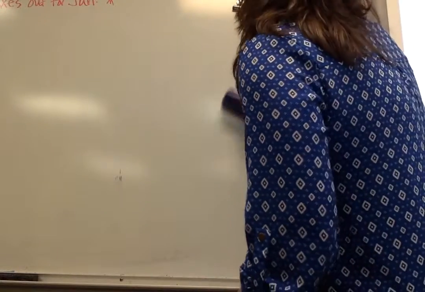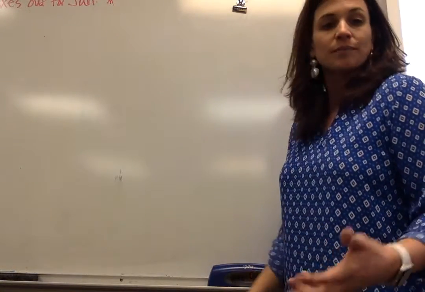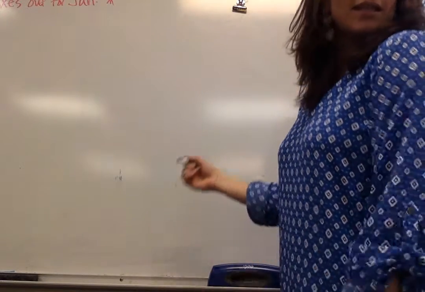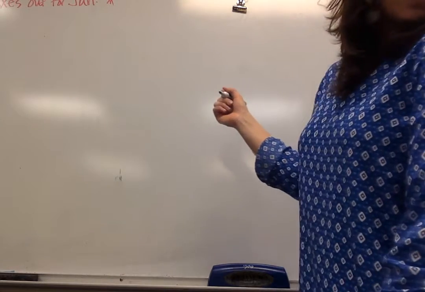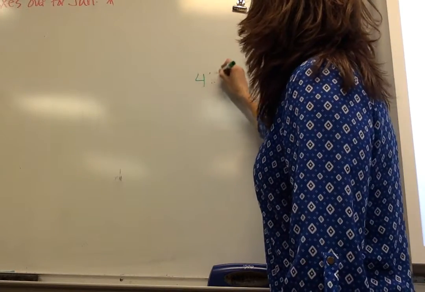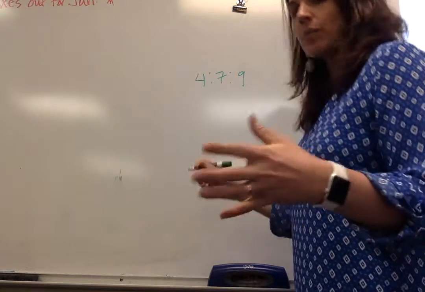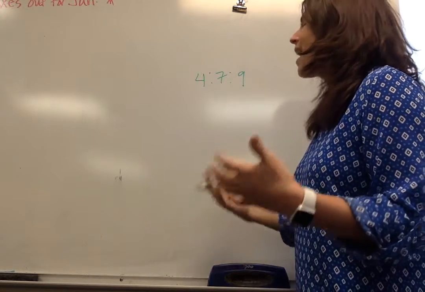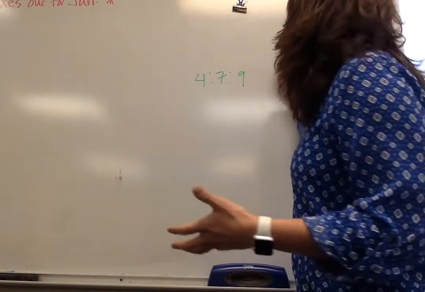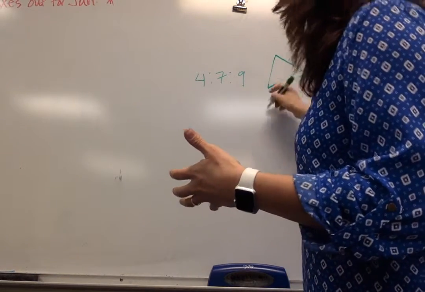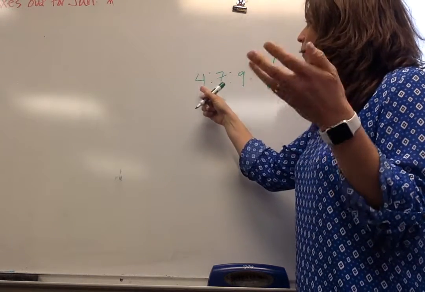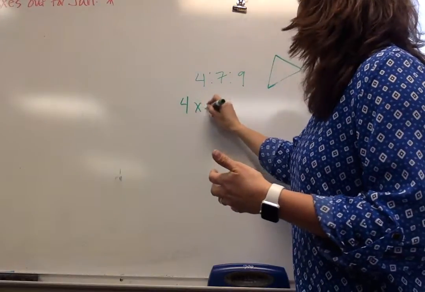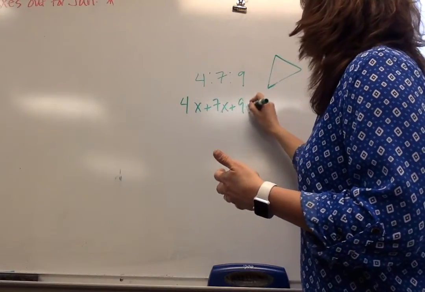All right, now I want you to look at number 7 in your notes. So right underneath number 5 is number 7. And now we have an extended ratio. And it says the ratio of the measures of the angles in a triangle is 4 to 7 to 9. So I'm going to use that same pattern that we did in the last one, except now we're looking at a triangle. And so we know that a triangle has 180 degrees, but now it's in the ratio of 4 to 7 to 9. So I'm going to set my equation up as 4x plus 7x plus 9x,